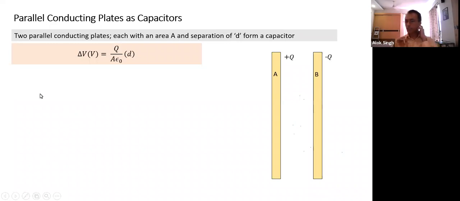When we talk about potential, when I say 1 volt, how should our mind interpret it? A charge of 1 coulomb placed at a point having a potential of 1 volt will have energy equal to 1 joule. If I place a charge of 1 coulomb at a point having a potential of 5 volts, it will have energy equal to 5 joules. If I place 0.1 coulomb at a point having a potential of 5 volts, it will have energy equal to 0.5 joules. So it is an indication of the energy available.